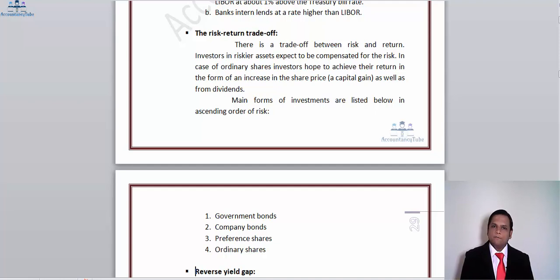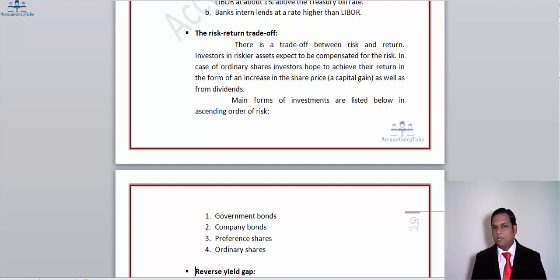Then we've got preference shares. Again, they are riskier. Unlike debt, they are not backed by security. Debt can only be issued if there is security behind it. So preference shares are not backed by securities, but the rate of return on preference shares is fixed irrespective of whether the company does good or bad. Debt holders and preference shareholders will always be compensated when it comes to returns.